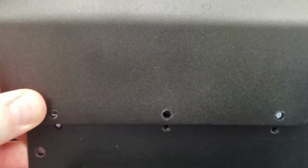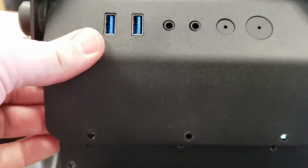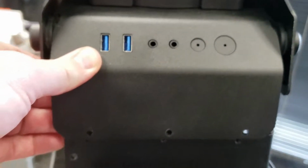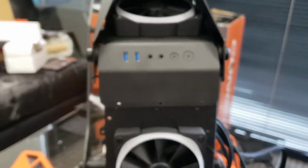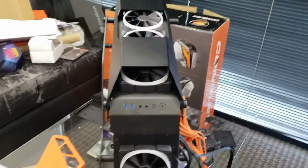So at one point, you can see these screw holes are supposed to line up. And so we're not off by a lot, but it's enough that it doesn't seat back down to secure this back down. There is the option that I could just leave it unsecured like that, and this could just move around all the time. I just don't like that. I'd like it to be screwed down properly and be secured so that in the event that someone, probably not me, were to try to pick this up